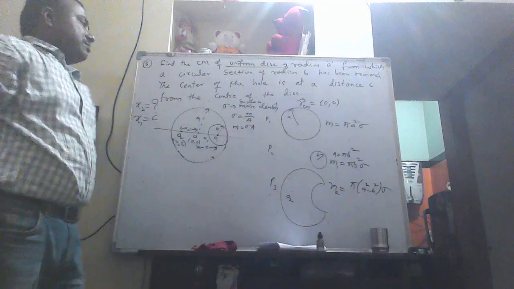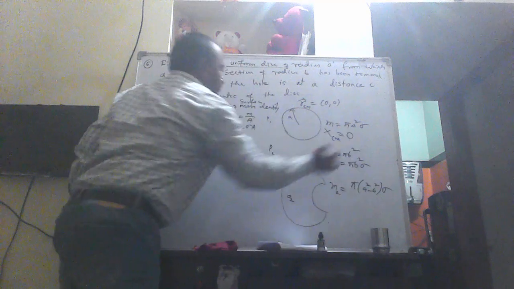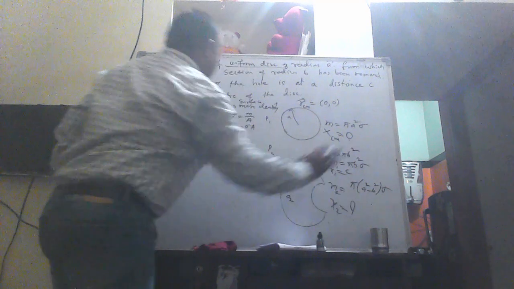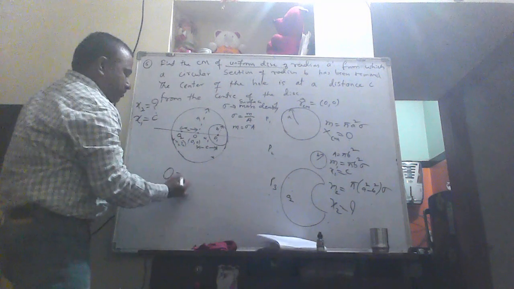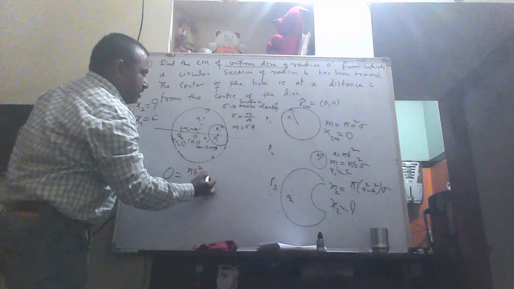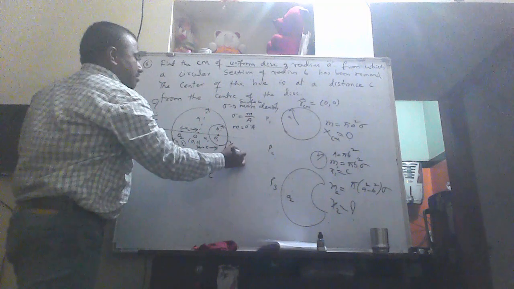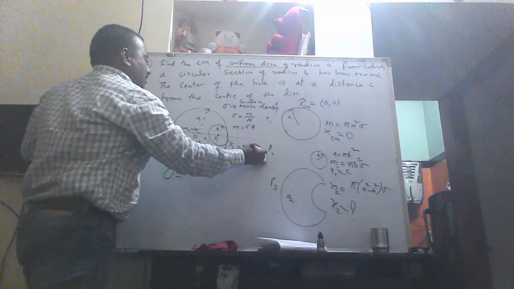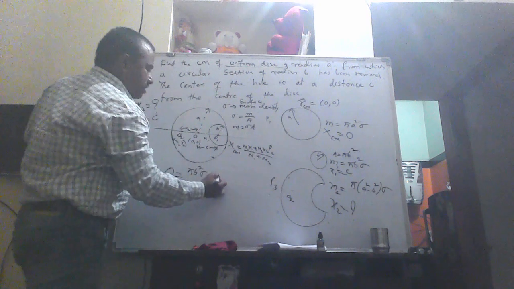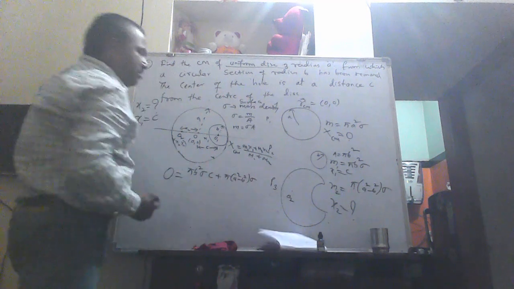All the three masses are given. So here this coordinate is 0, 0. So x center of mass is 0. I know x1 as C. The problem is almost solved. So 0 is equal to m1 x1. It is m1, pi b square sigma. This is x1, C. Using this formula, center of mass is m1 x1 plus m2 x2 divided by m1 plus m2. Right? Plus what is m2? M2 is pi a square minus b square into sigma. What is x2?